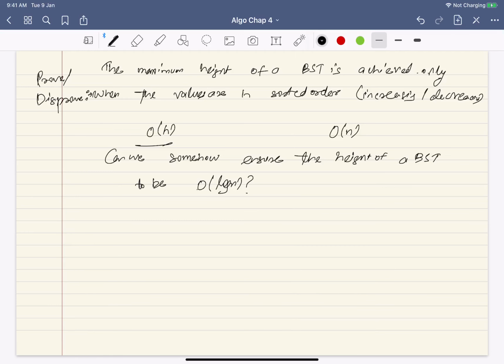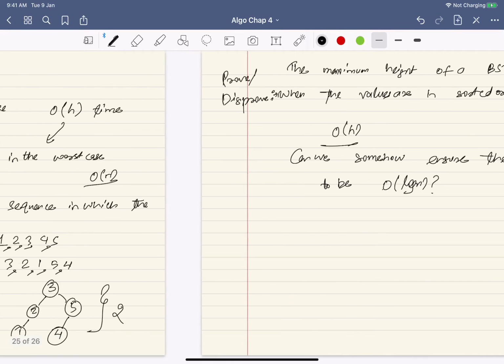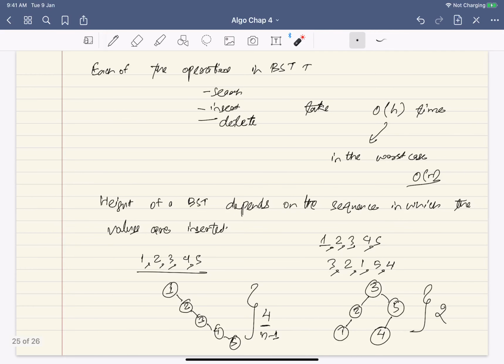Now you see what is happening. When I'm inserting the values, I'm just finding the appropriate place. See, for 3 the appropriate place is here, I just insert it. For 4 the appropriate place is here, I insert it, and so on. Now, the same thing happens for delete also.